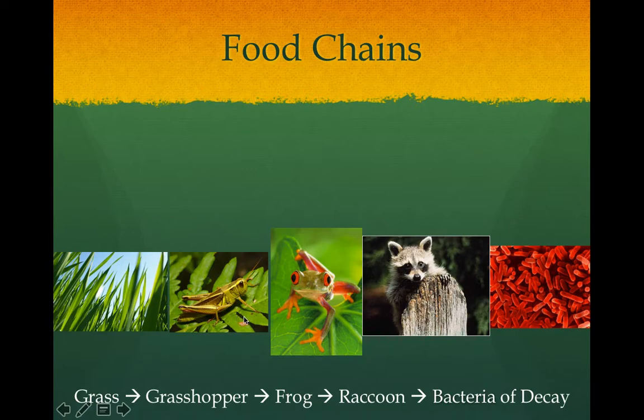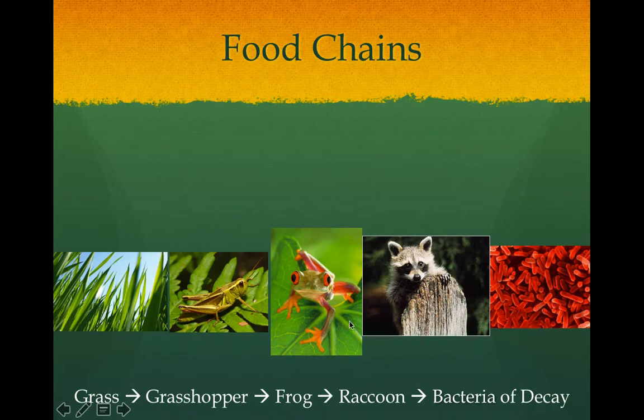And from there we move on to secondary consumers or carnivores, which get their energy from eating the primary consumers. And then that moves to a top predator who eats the secondary consumers. So we have this straight line of energy, the most being at the beginning, and then it decreases but moves forward through the food chain till it ends up at the top predator, and then all the organisms will be decomposed by bacteria, by funguses, and other organisms of decay.